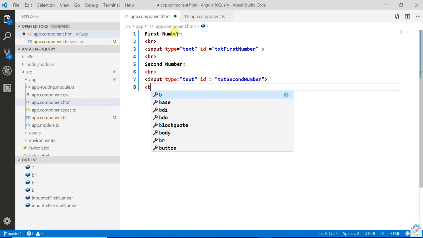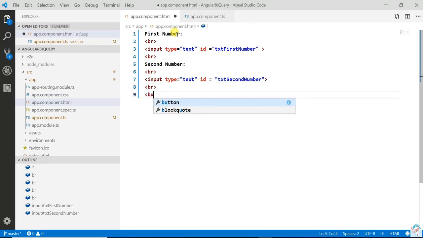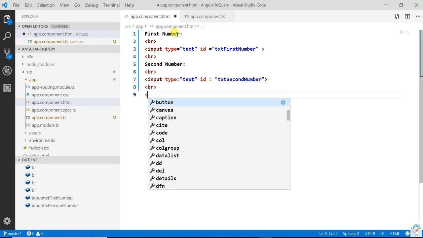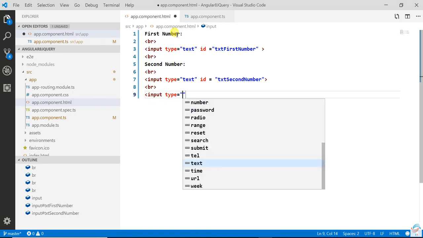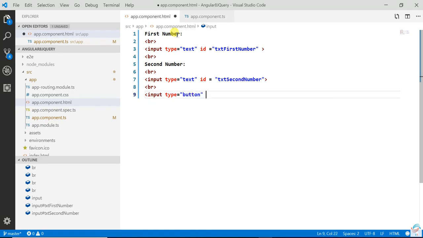Now going to create one button. Write that input type is button, name click or add number, right, and ID will be buttonAddNumber. Okay,